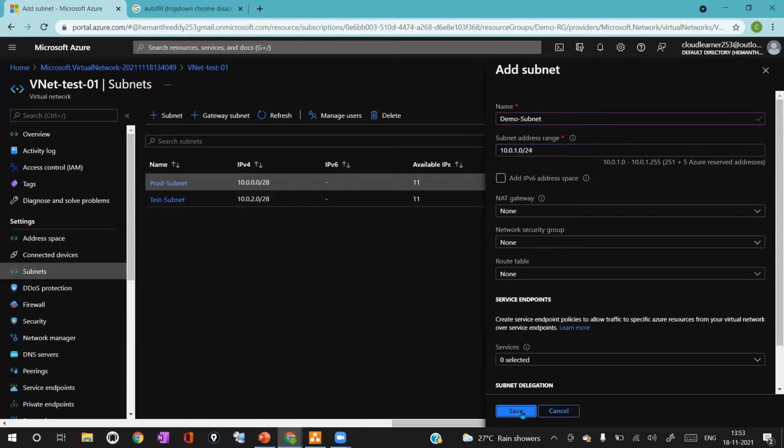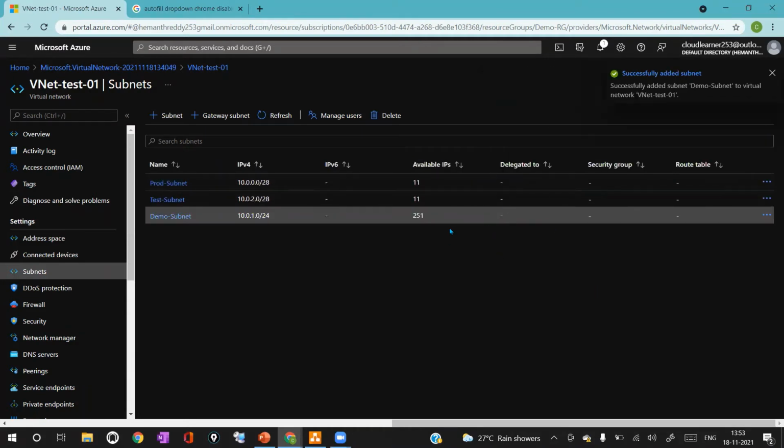I'm going to click on save. I'm going with the same default option. I'm not changing any option here, and I'm creating the new subnet. See here, the demo subnet is getting 251 IP addresses because the CIDR range is /24.